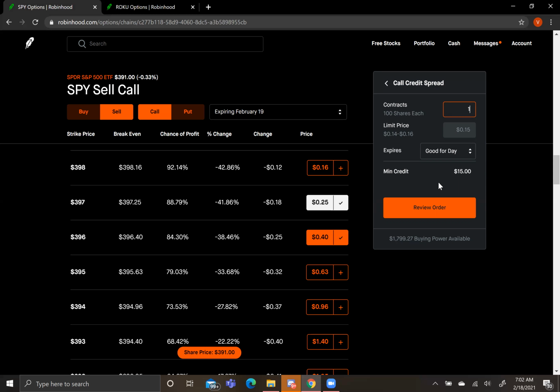It might not look like a whole lot of money when you only have $100 put in, but let's say, for example, you put $1,000 into spreads, that would be about 10 contracts, and 10 contracts is $1,000 collateral, but the minimum credit is $150. And then let's say you put in 100 contracts, that is about $10,000. Otherwise, the minimum credit is $1,500,